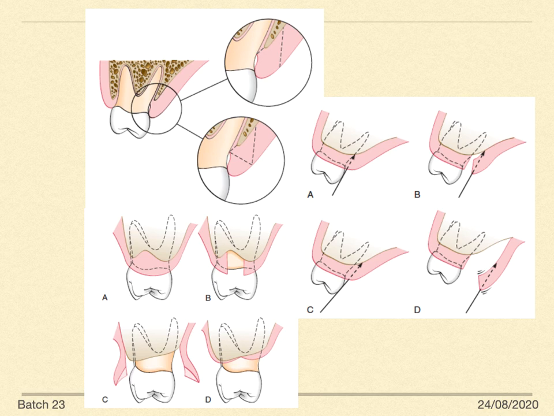So the picture shows the different techniques. I told you about three techniques, right? Thin internal bevel incision to thin out the thicker palatal flap, or you can give an external bevel incision, which is a horizontal incision as the diagram shown in the circle. Give a first incision as a horizontal internal bevel incision, then your internal bevel incision with a partial thickness flap to decrease the thickness of the flap.